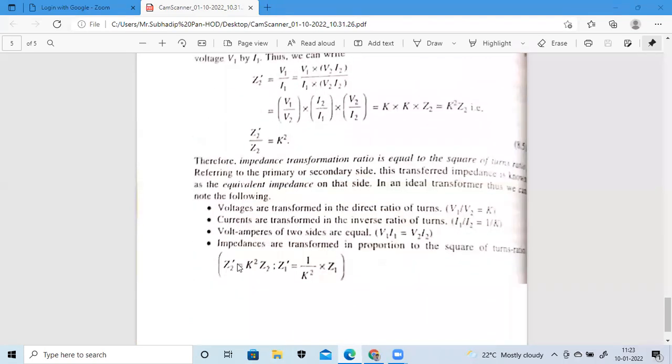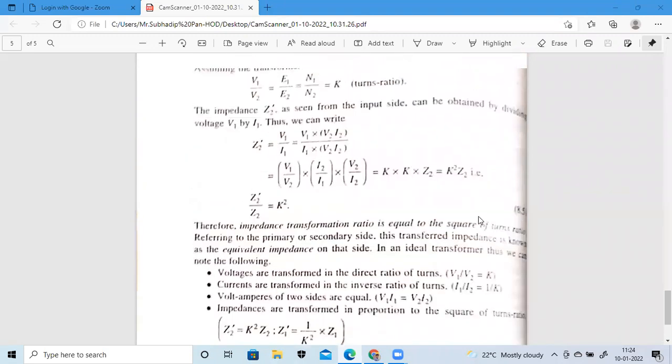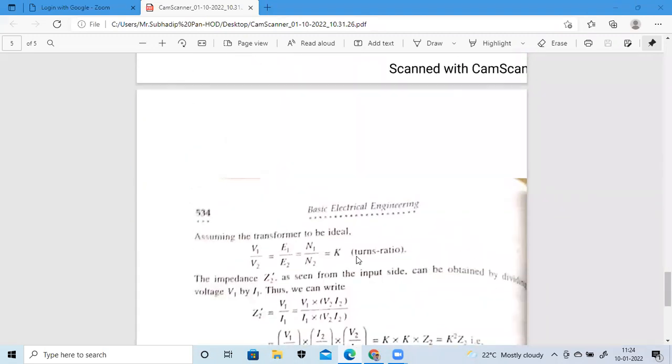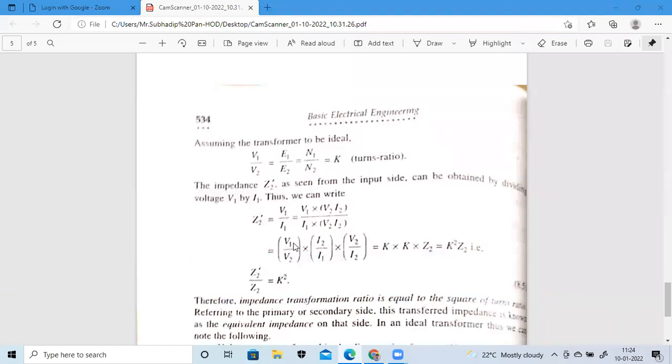So this is your impedance transformation from one side to another side. V1 by V2 equals K and I1 by I2 equals K. From here also we can write V1 by V2 equals K, which we can put here. V1 by V2 equals K, I2 by I1 equals again